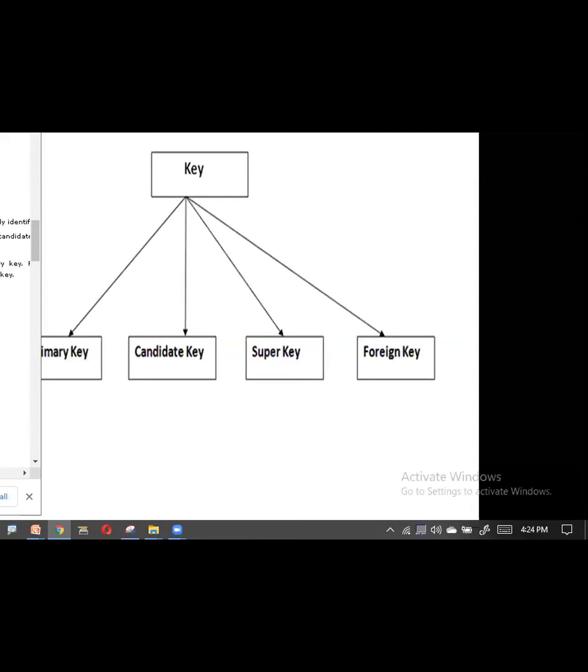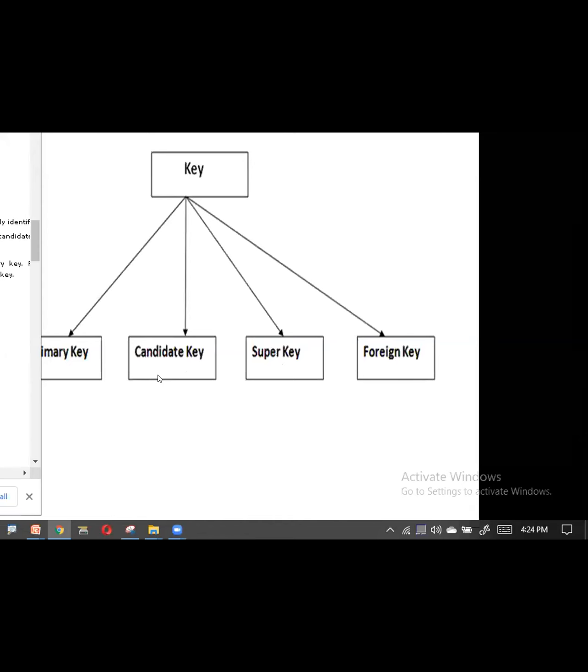Now coming to the candidate key. Again, it is an attribute. As I told you, keys are applicable only for attributes, not for entities. Whether it is primary key, foreign key, candidate key or super key, it is applicable only to attributes. A candidate key is an attribute or a set of attributes.